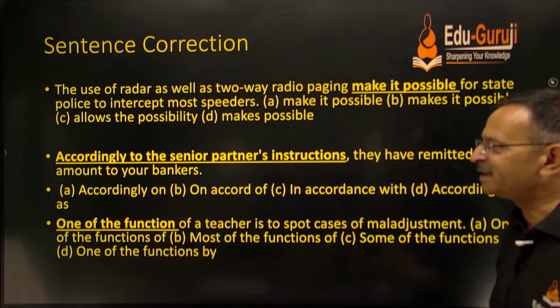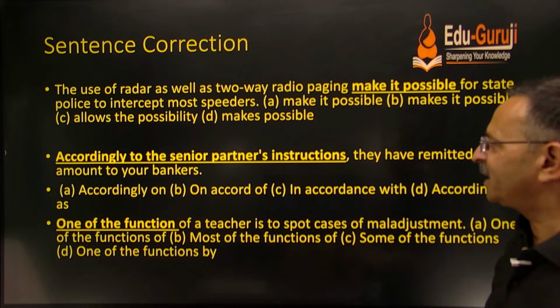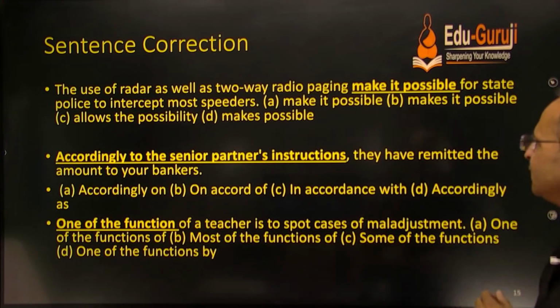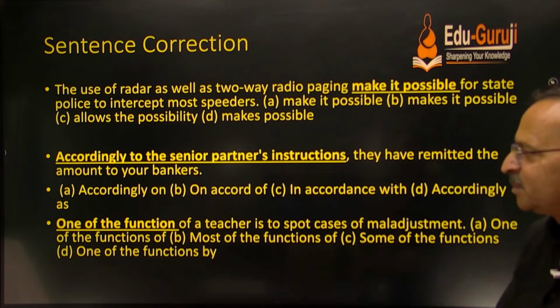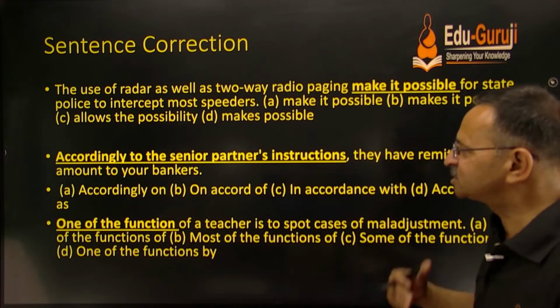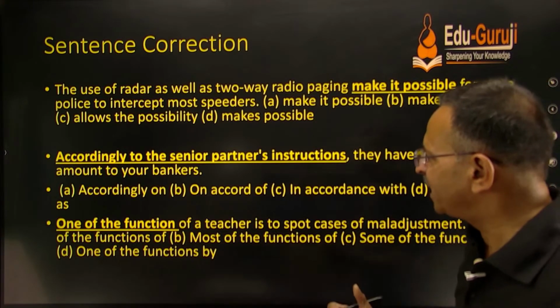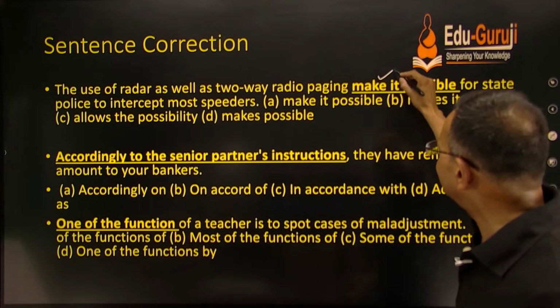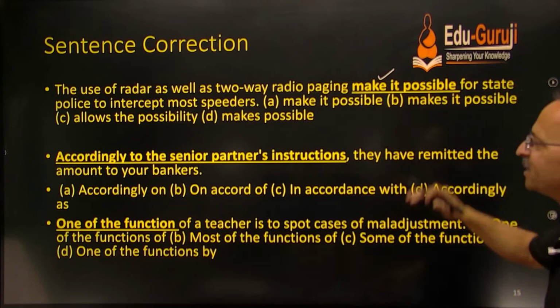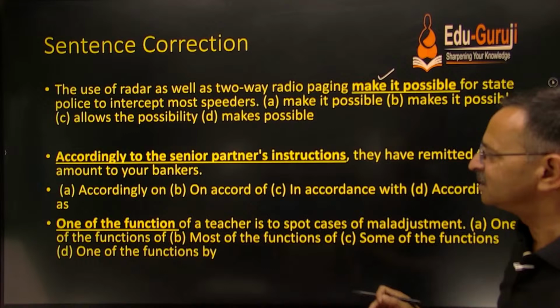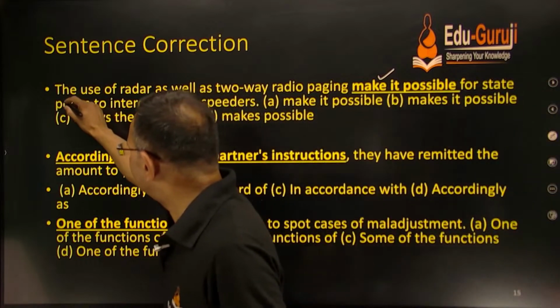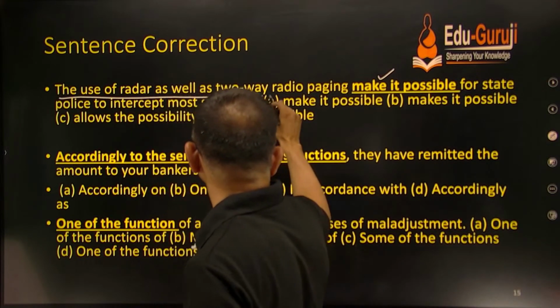The first one is, the use of the radar as well as two-way radio paging make it possible for the state police to intercept most speakers. The most, right? So what is it talking about, can we correct this particular option? What should be the right answer? So look at the use of radar as well as